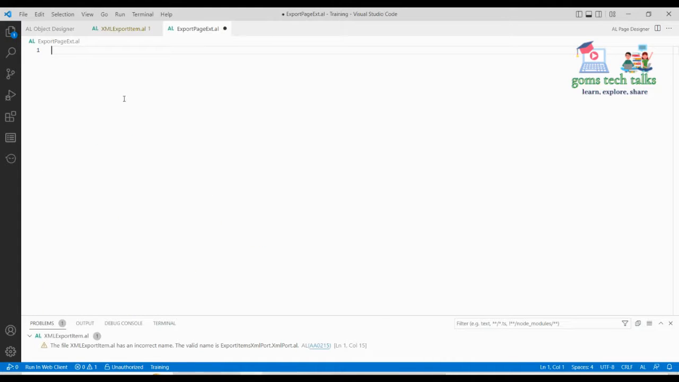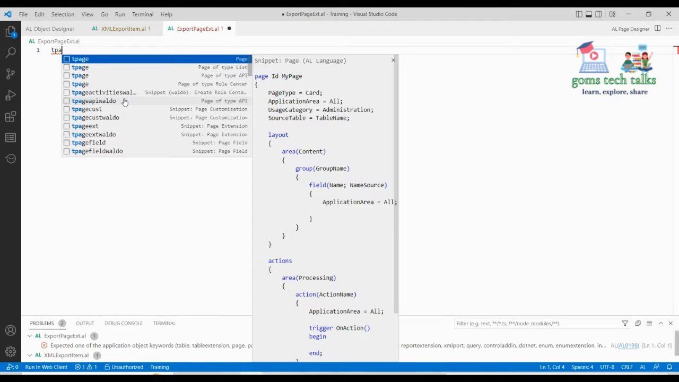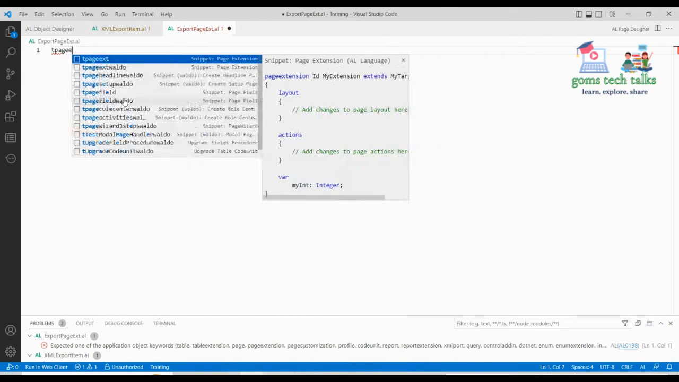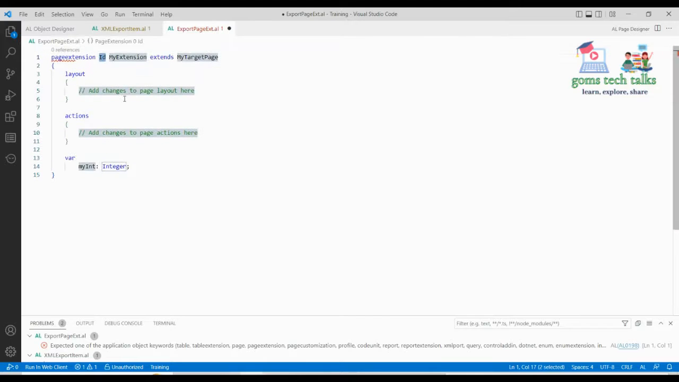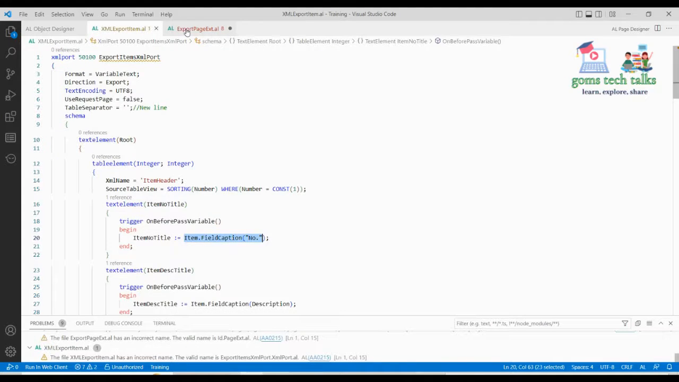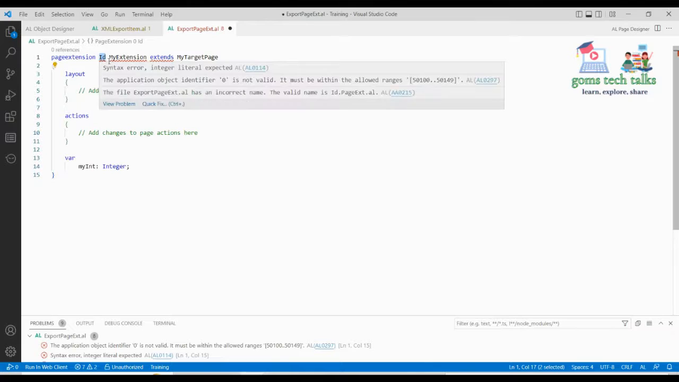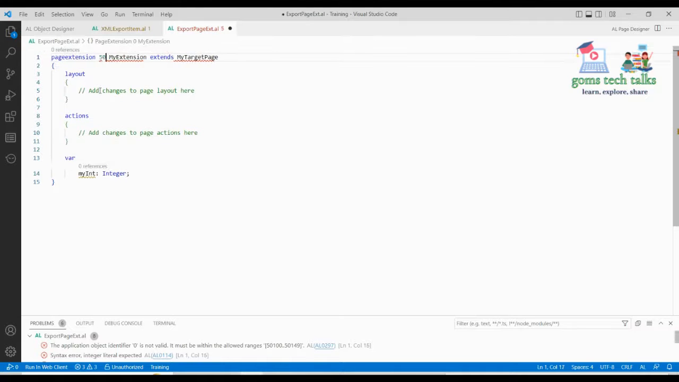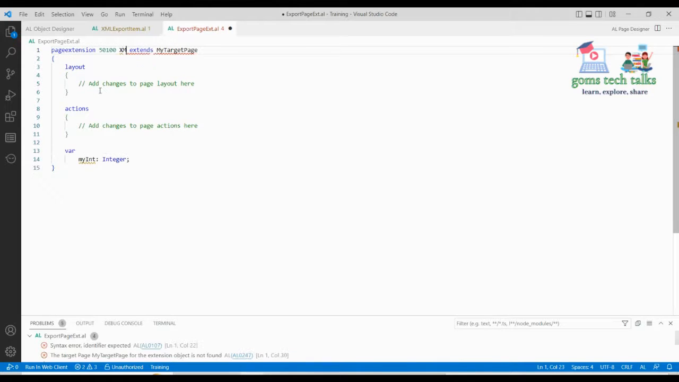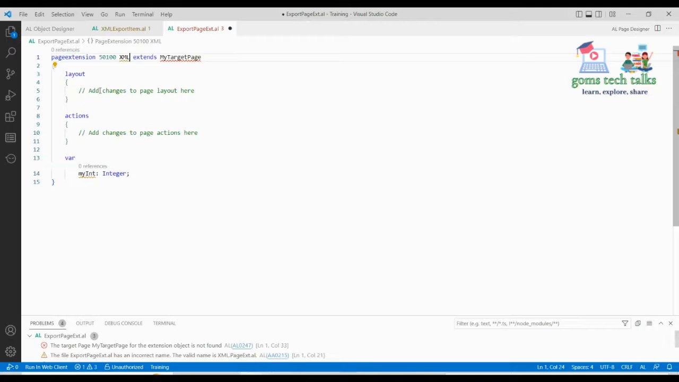Okay, so this is for exporting the data, right? So now let us write the page extension code for this. I'm going to start with the page extension. I'm going to give the ID 50100 itself, it's fine. And I'm going to give my extension name for that: XML export